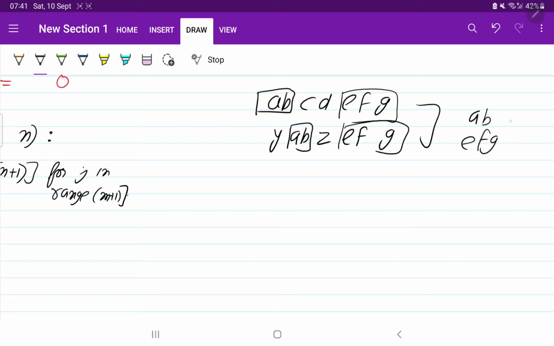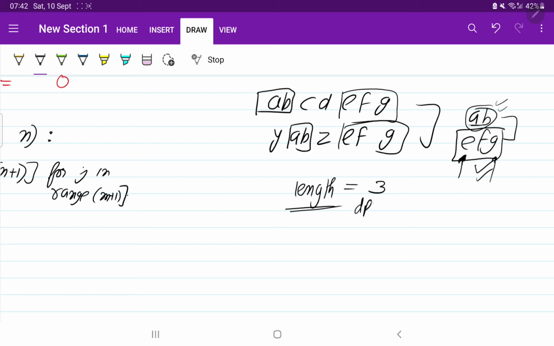So you need to print the longest common substring. So what you need to print? EFG. To maintain the longest length, we are going to choose a variable length, and whenever we see that it is greater than the existing substring length, we are going to update this length, and also store the starting and ending element of the substring. If we can store this, we can directly reach that position of row and column, and then print the elements.